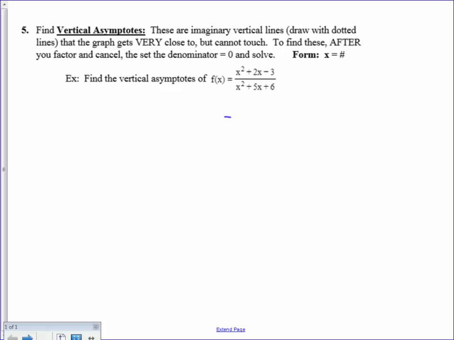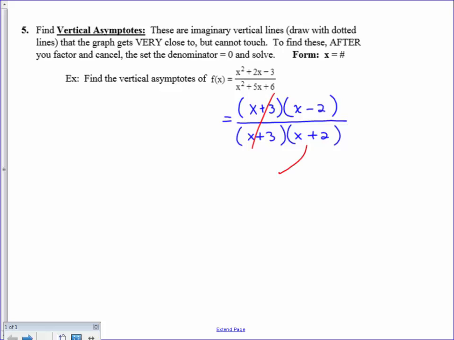So in this example that we've been looking at, let's look at the factored form of our problem. By now we know x plus 3, x minus 2, x plus 3, and x plus 2. The x plus 3's would cancel, and then that would leave me in the denominator an x plus 2. So in this case, to find the vertical asymptotes, I would set the x plus 2 equal to 0 and